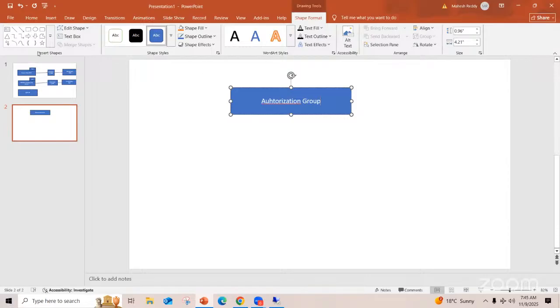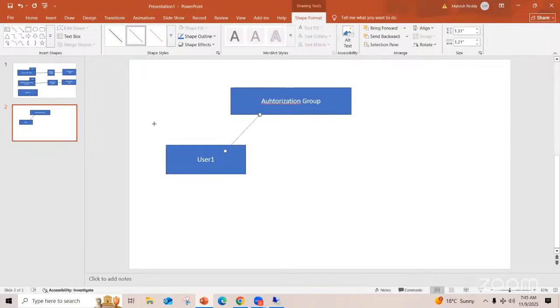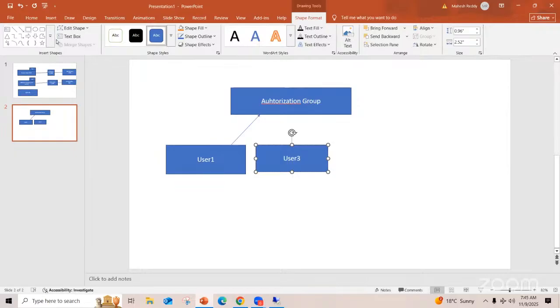Authorization group. And this is maybe username, user1. With his ID, you can give the access. User2. This is the concept, right? User3.